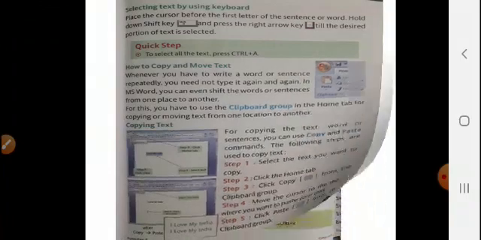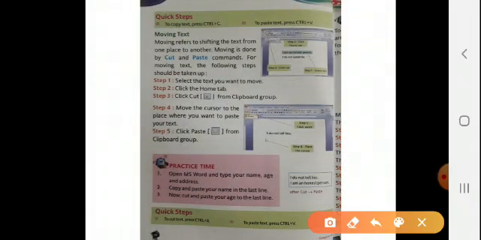Okay, so now moving text, how to move the text? It is also very simple. Cut and paste command. For moving, first of all we have to select the text which we want to move, then go to the Home tab, same step.